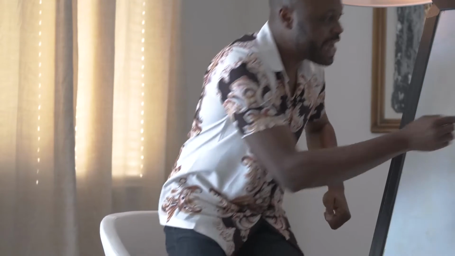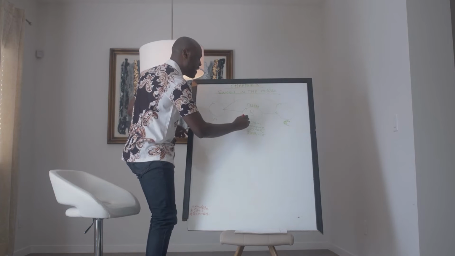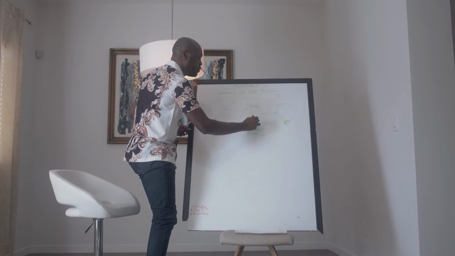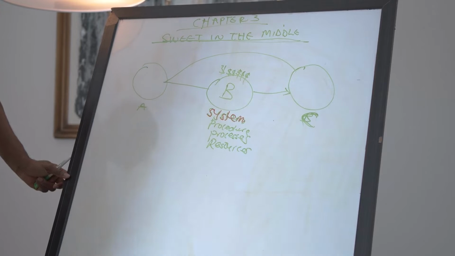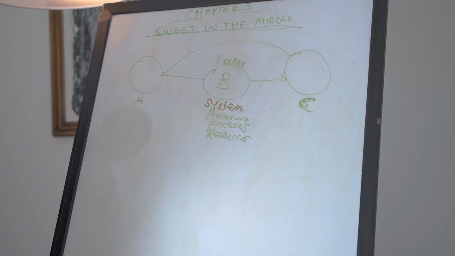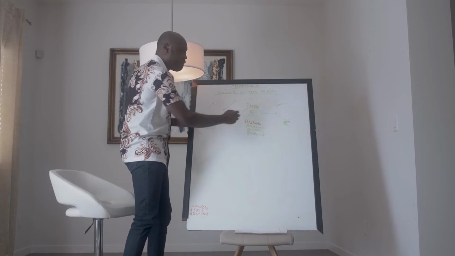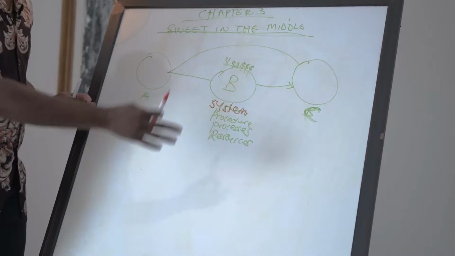He doesn't have to build infrastructure. He doesn't have to have the app. All he needed to be able to do is to design the processes, a system in place where he can connect. I found somebody who sells good phones in a cheap place, say, I don't know, Afghanistan. Then I found somebody who lives in America who wants to buy the phone. Why don't I use the platform that somebody who has all the capital has created for me to be able to play? That is sweat in the middle.